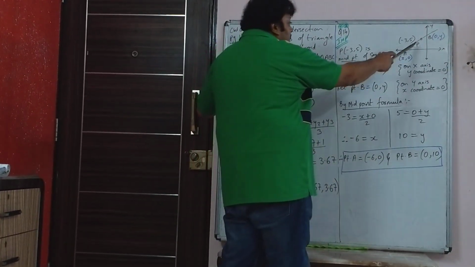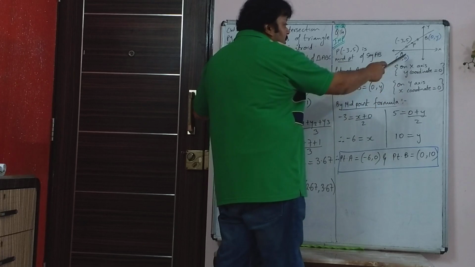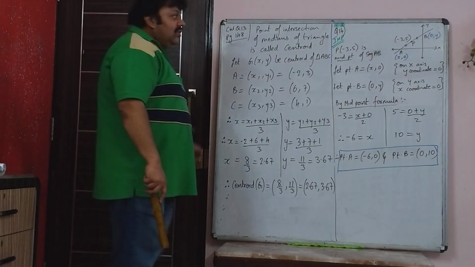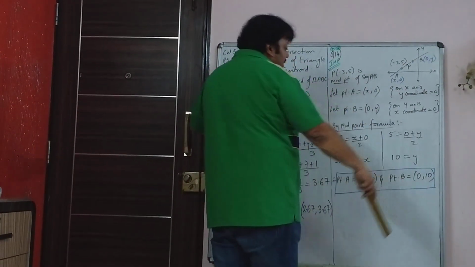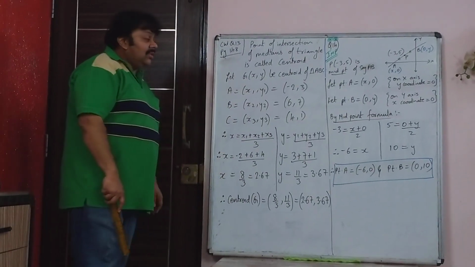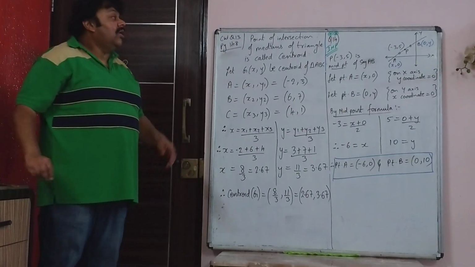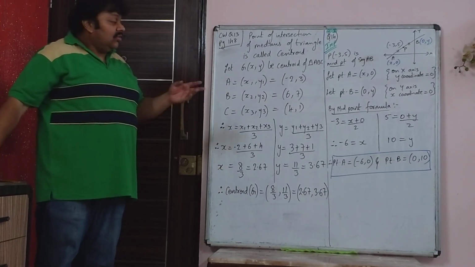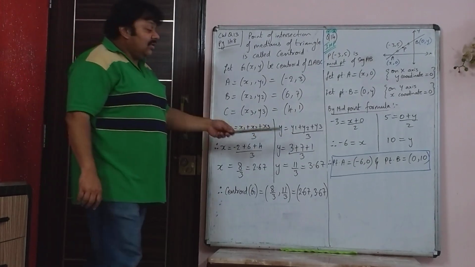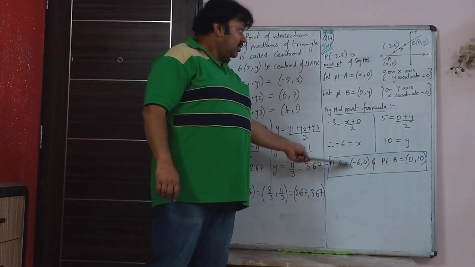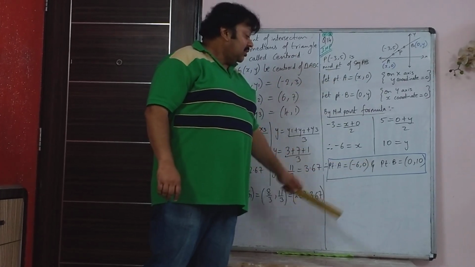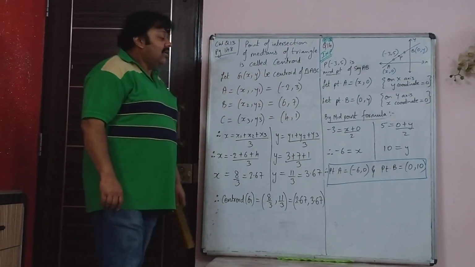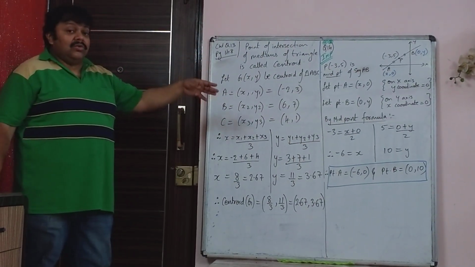And you will get that the second point, 5, is (0 plus y) upon 2, or y is 10. So therefore point B is (0, 10). So that's how you find the coordinates of A and B. You are not finding P, P is already given. You are asked A and B. So don't write just x and y. After you find x and y, you have to write that A is (x, 0), so it is (minus 6, 0). And B is (0, y), so it is actually (0, 10). So that's how you find the coordinates of A and B. Even that sum could come for 3 months.